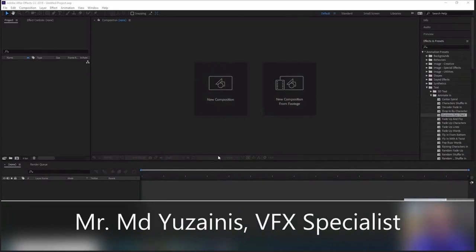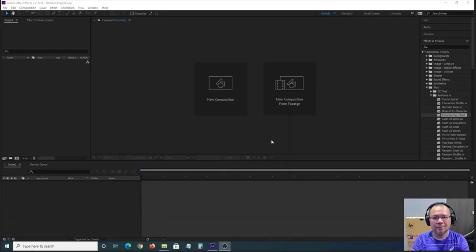Alright, so this is the user interface of Adobe After Effects. Yeah, there's a lot of things going on, and there's a lot of panels going on here. For this demo, I'm not going to go into details of all of the user interface that you can see here, but I'm going to guide you through the most important things. Alright, okay, so